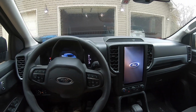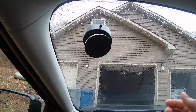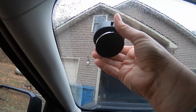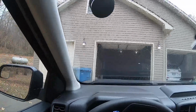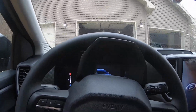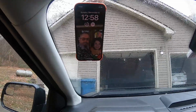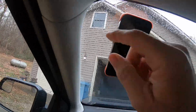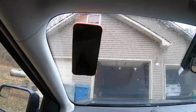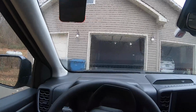All right, the interior. On the interior, and this has nothing to do with the truck itself, I just got that off Temu. They had free shipping on it. So that's where I simply get my phone up here. I just got that to put my phone on. I really like it. It works well. It's got USB-C charging. I don't sell them on TikTok. This is just a free promotion, but it puts the phone there. It'll go on any flat surface. But with that being said,